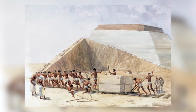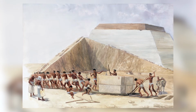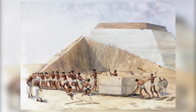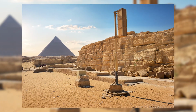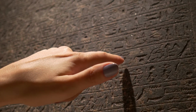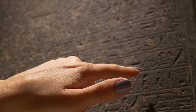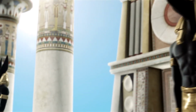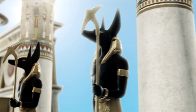The theory of ramps running around the outside of the structure to move the blocks into place has been largely discredited. So-called fringe or New Age theories abound in an effort to explain the advanced technology required for the structure, citing extraterrestrials and imagined frequent visits to Egypt in antiquity. These theories continue to be advanced in spite of the increasing body of evidence substantiating that the pyramid was built by the ancient Egyptians using technological means, which most likely were so common to them that they felt no need